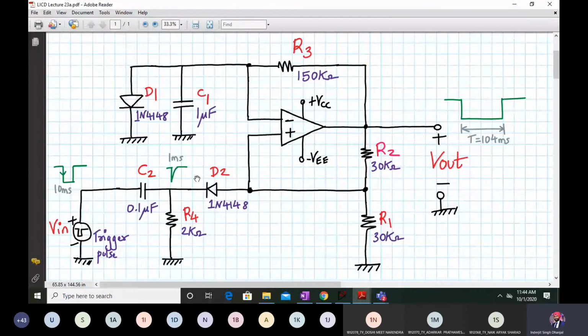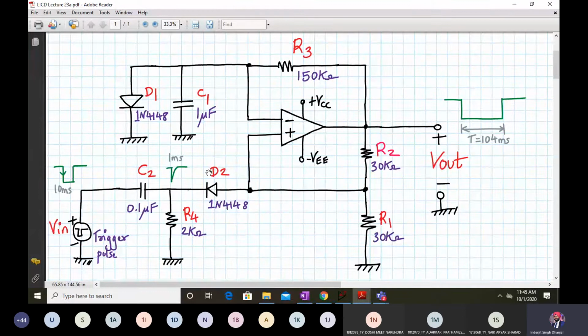You have all done the experiment on the differentiator. For a square wave or a rectangular wave, you get a positive going spike and a negative going spike. I guess you all completed that in your lab number 2, LICD, if you can recollect. That practical differentiator circuit, we will cover a little later after we complete certain topics. We'll come back to it.